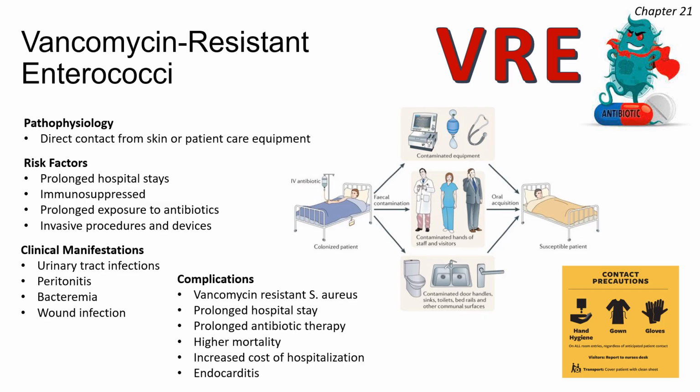So you can pick this up without having to touch a person. It can be from equipment that's been contaminated. Risk factors for VRE are very similar to MRSA. It's going to be prolonged hospital stays, people that have weakened immune systems, like people that are in the ICU or maybe are on chemotherapy. People who have prolonged exposure to antibiotics, especially to vancomycin and cephalosporins,